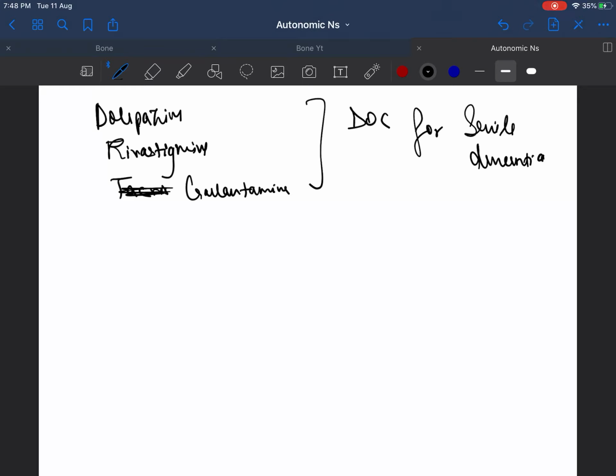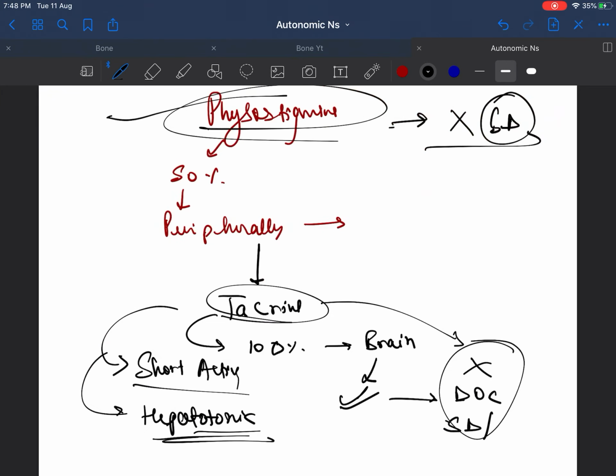Okay, so we have discussed all the reversible drugs here. Let me see if I missed something. Okay, so this was regarding Alzheimer's disease. Regarding physostigmine, you can remember from the letter P, it is also used in the pupil. So it is also useful for glaucoma. So two drugs which start with P, pilocarpine and physostigmine, are usually used in glaucoma. So these are all the things that you have to remember.